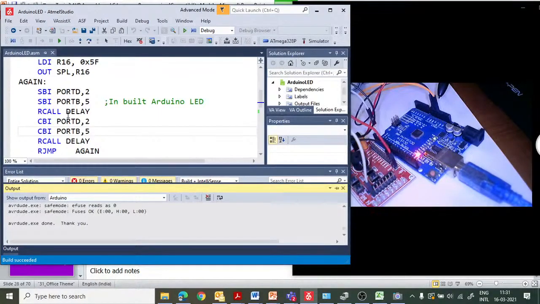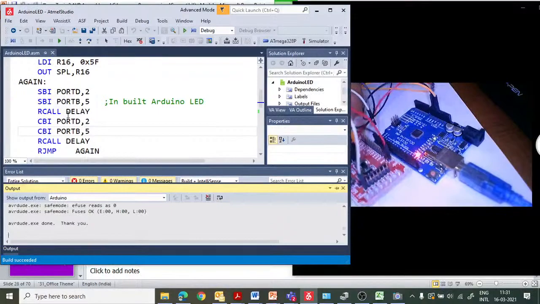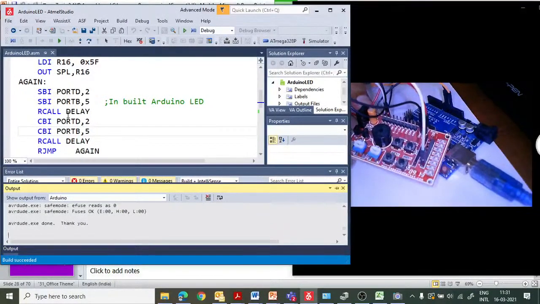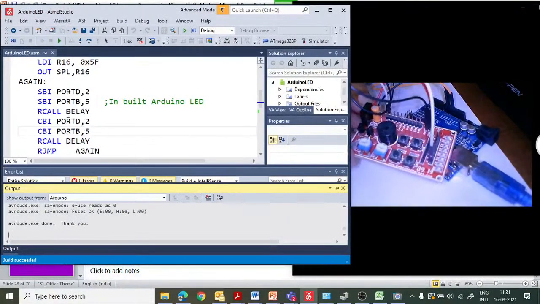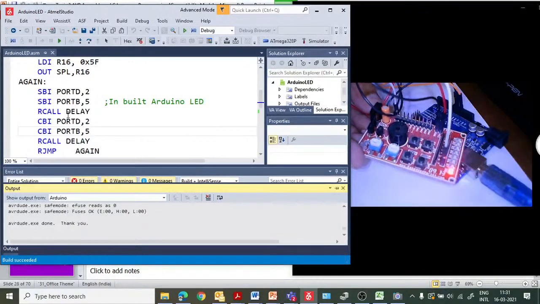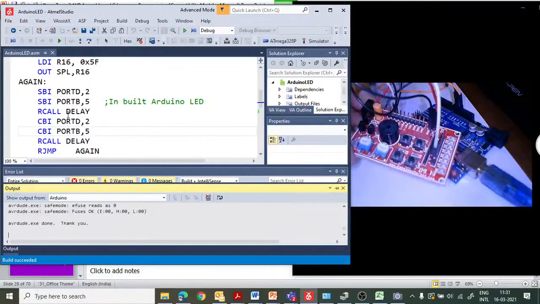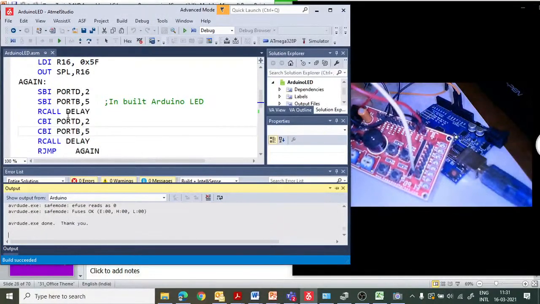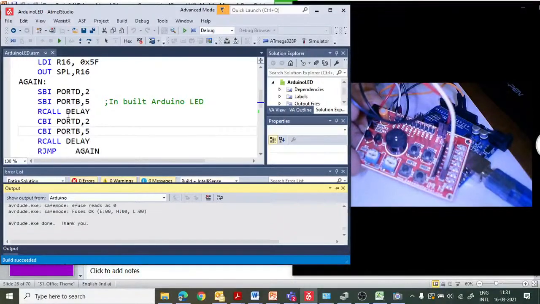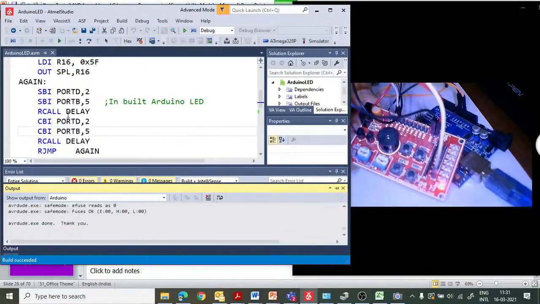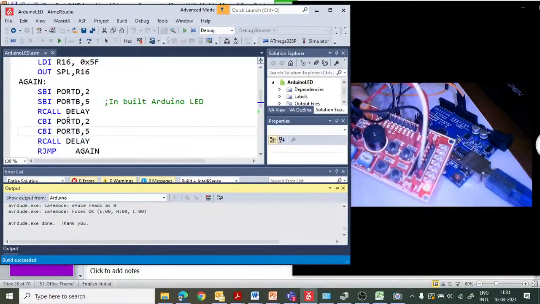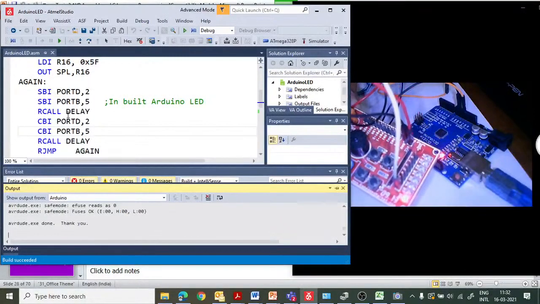This I/O board has a total of 8 LEDs, 1 buzzer, 4 push button switches, and a potentiometer to simulate the analog input. It has the LM35 temperature sensor as well as an IR sensor. So these are the things available in this I/O board, and we can use this I/O board to do the experiments. At present I am using only one LED from this I/O board, because in the Arduino I have only one LED. If I want to use more LEDs, then I have to connect the I/O board.